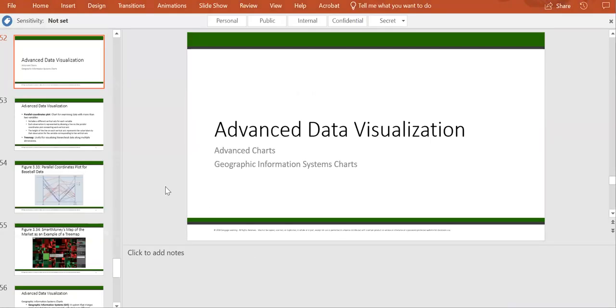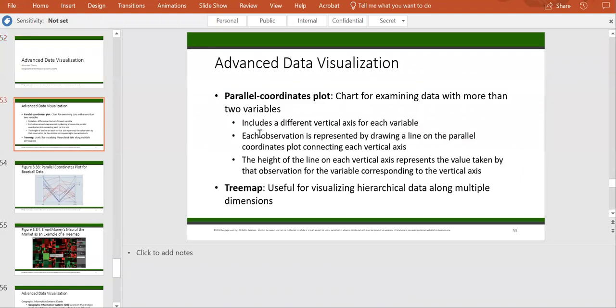Examples like the parallel coordinate plot. This is a chart for examining data when you have more than two variables and you usually want to compare multiple groups, multiple classes of the population, multiple subsets of the population, but based on multiple variables, right? So for example, if you want to compare females versus males, but in terms of a few quantitative variables like age,